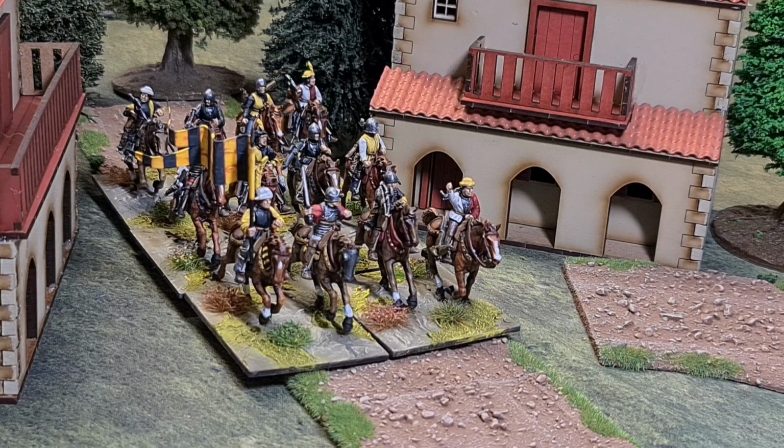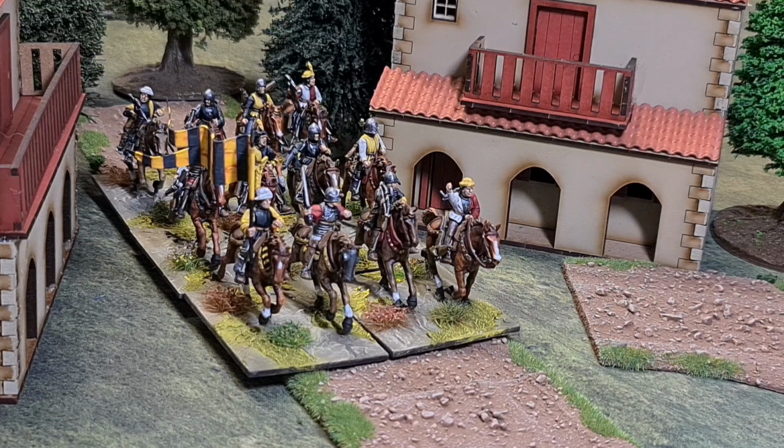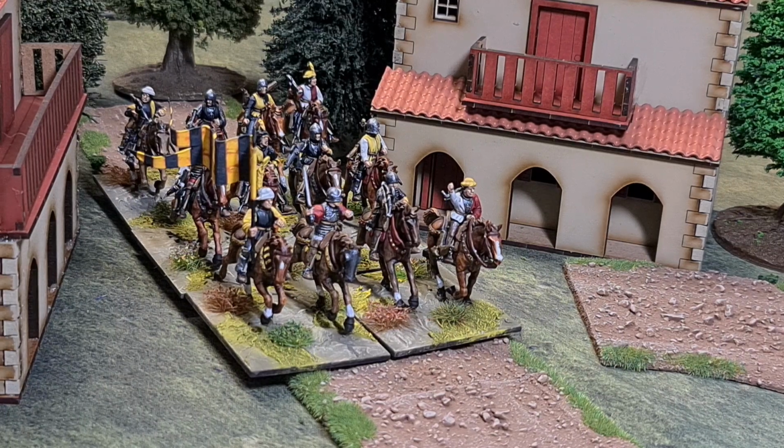So getting back to historical stuff, and something I'm probably a bit better known for, the Italian Wars. And those of you who watched the May update last month might have seen the very start of this unit. I think we got most of the horses done and the flag was on and everything was black. So this is the finished unit, a unit of mounted crossbow, black and yellow theme, which is a flag used by